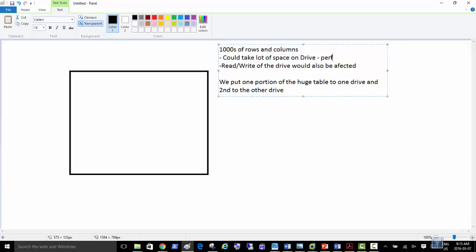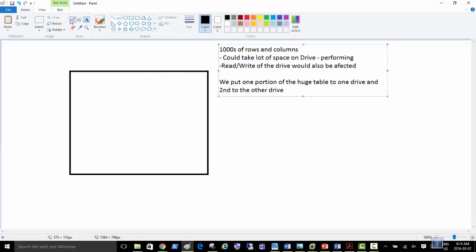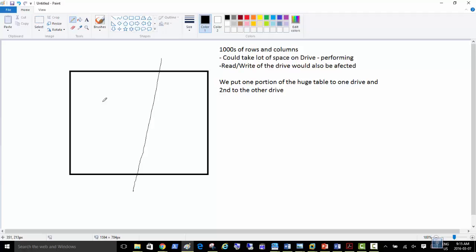So if we divide this, if half of the table is on one drive and half of the table is on the other drive, say this is the C drive and this is the D drive, when the traffic tries to access the table, many users whose data is on the C drive will use that drive's read and write to read the data from that table.